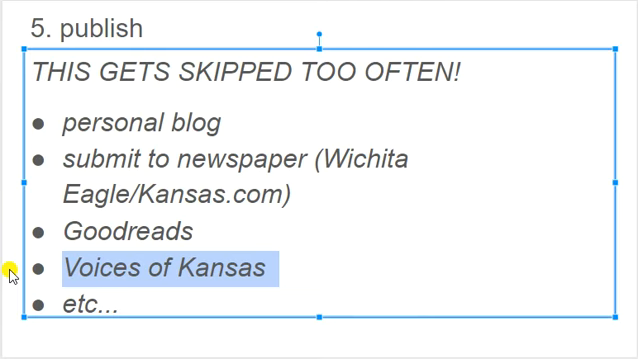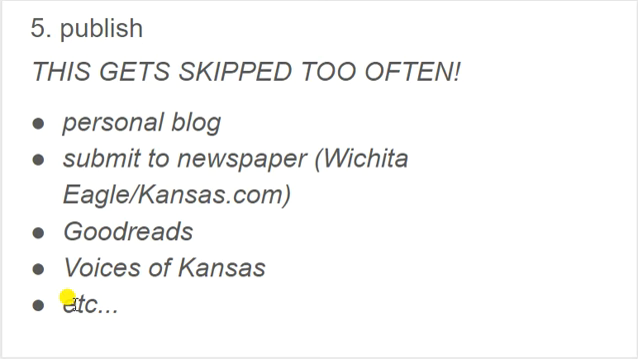But basically, in a nutshell, local students and high school students in Kansas and middle school students in Kansas submit things to get published. And I know the editor personally and can send things in that way. And I put etc. because